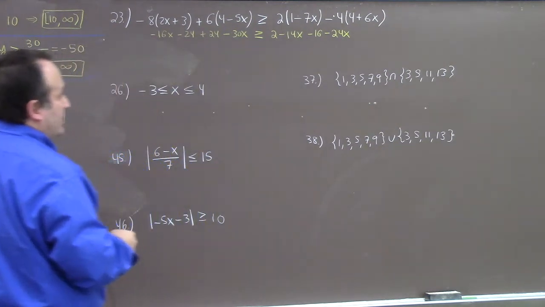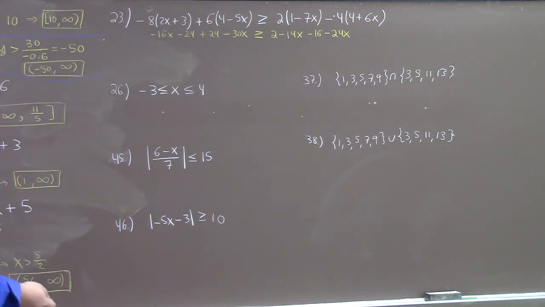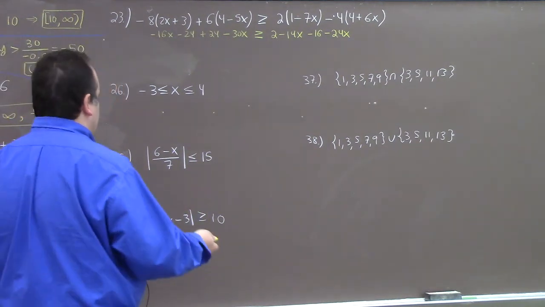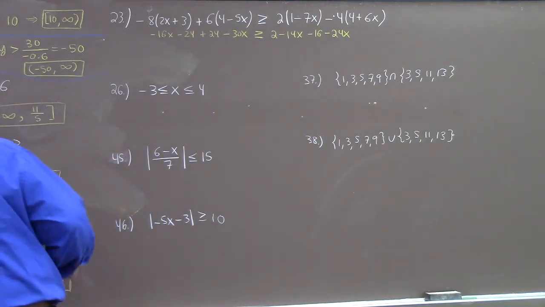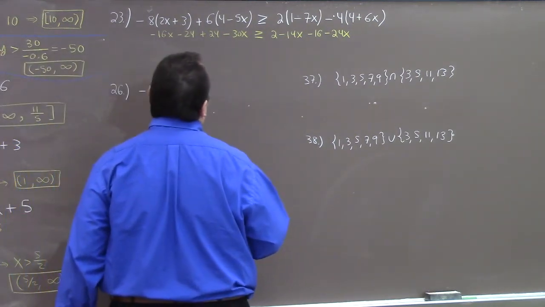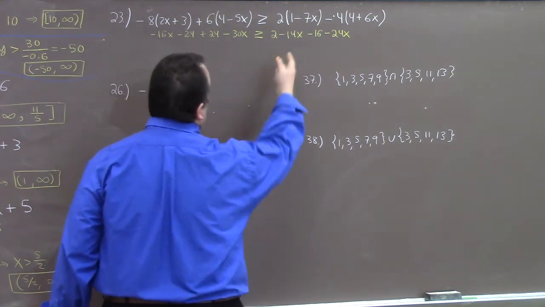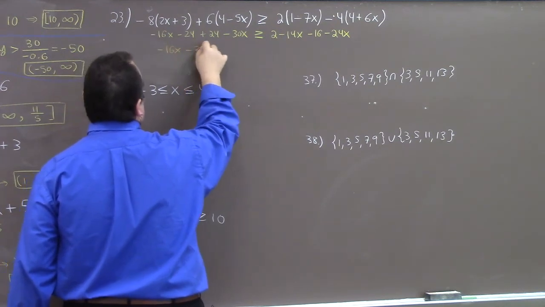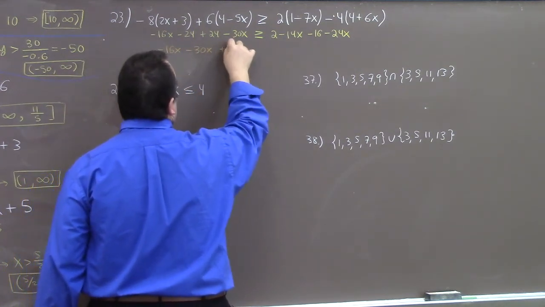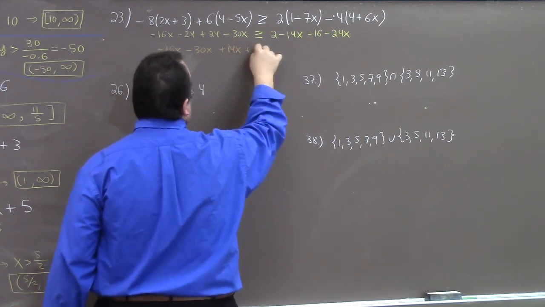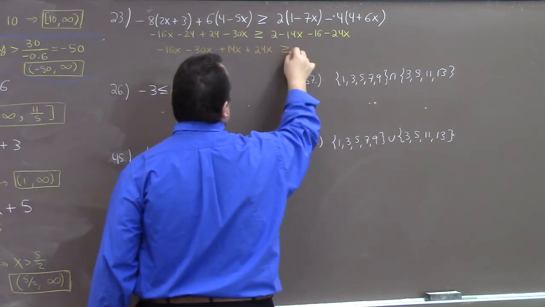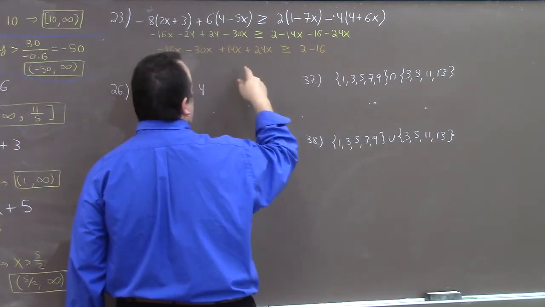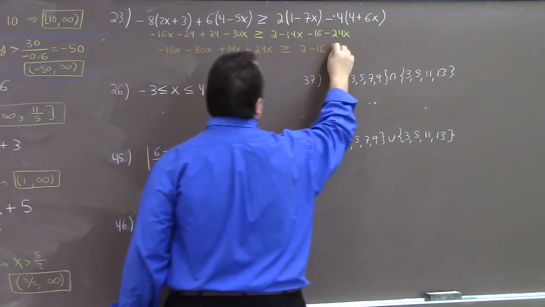We're all on board here so far? Careful to distribute the minus, multiply the numbers. Now I'm going to bring all the x's to one side and all the constants to the other. I guess I'll just add 14x, and so I got minus 16 minus 30 plus 14x plus 24x greater than or equal to, what do I got? I got 2 minus 16. I'm not even doing any simplifications here. I'm just doing it, right? Plus 24